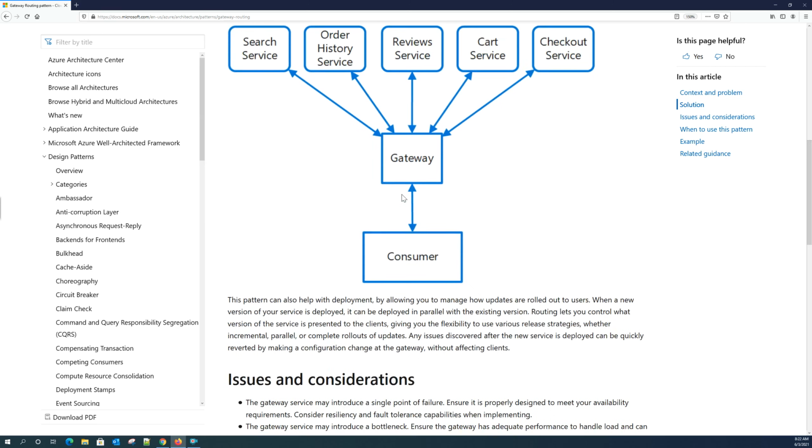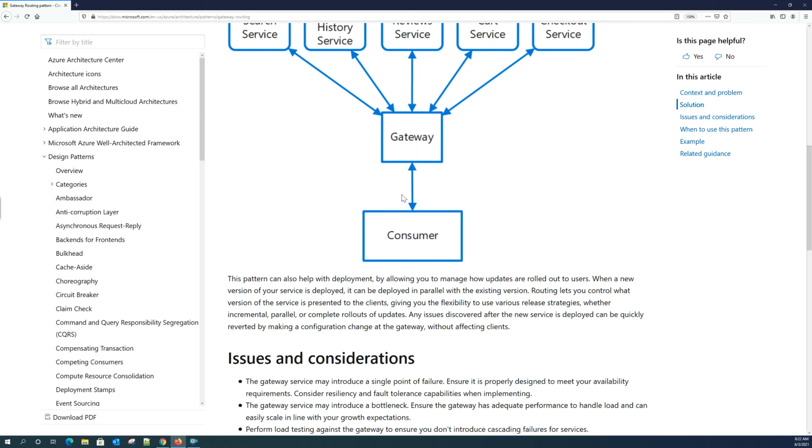And then you have to thoroughly do the load testing of this gateway, because if there are any issues with this gateway, it is going to introduce some cascading of failures, right? If this gateway is down, then the consumer application is not going to access any of the services. So you have to properly do the load testing to make sure that the application is working fine under tremendous load.